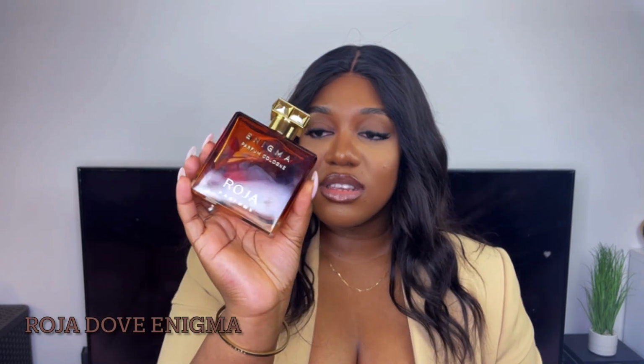First fragrance on my list here is Roja Perfumes Enigma. This is what it looks like, and for me this is a very nice ambery spicy fragrance with that Coca-Cola vibe, but it's so sweet. It's like a very sweet cola, but then when it dries down, it's a little bit cola, but then a bit smoky as well, a bit floral, a bit spicy. The dry down is so amazing. It's so sexy. It's a little bit dark as well,